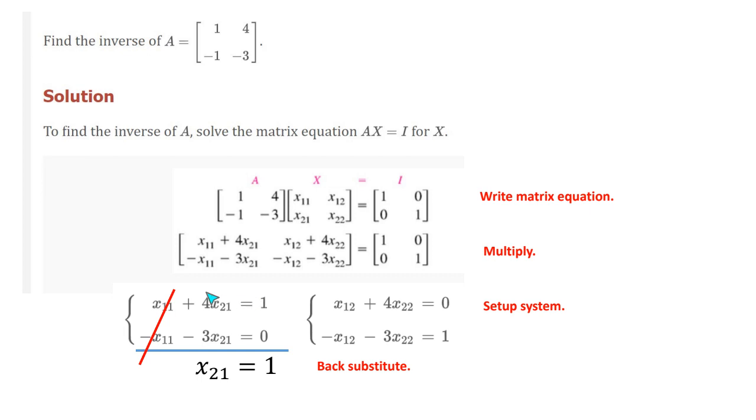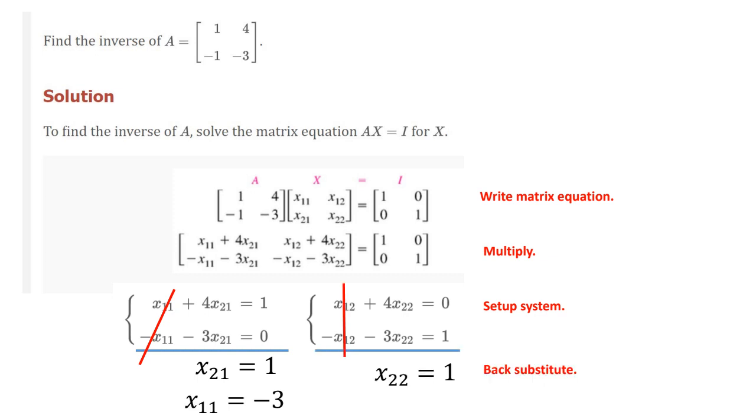Now this little part here becomes just a system of equations. Don't let the subscripts, the x11 or the x21, scare you. It would be like if it was x and y. So here I can do the elimination method, and I can cancel these x11s, because one is positive and one is negative. So if I add 4x21 and negative 3x21, we get x21 equals 1. And then on the other two, I can do the same. I can set up a system here, and notice the signs are already opposite. So if I cancel those out,